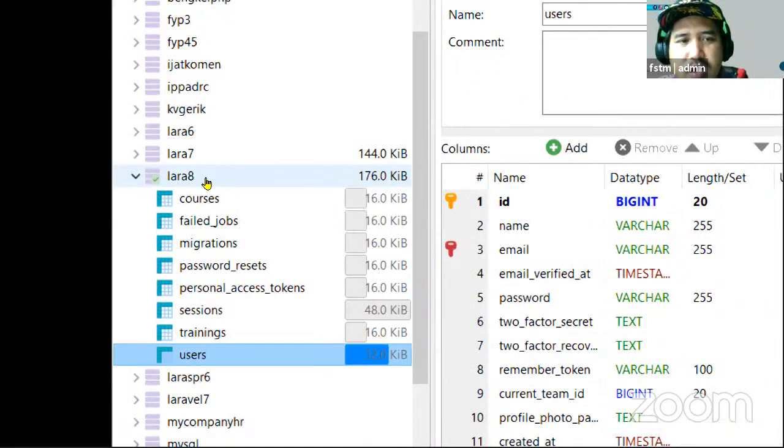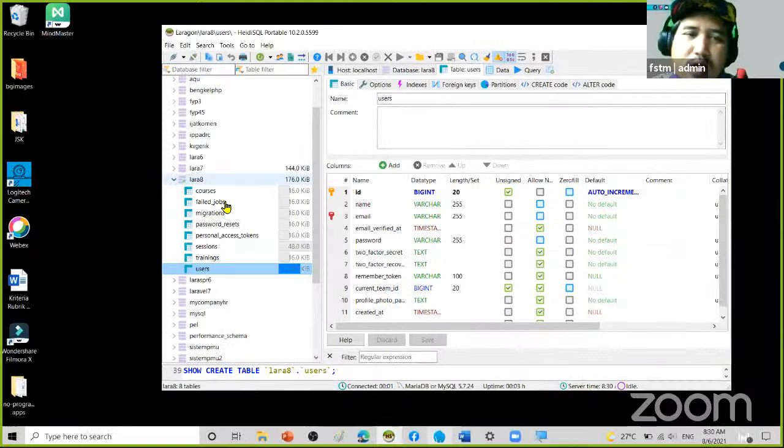Mine is on Laravel8, and I have several tables here that were created previously. If your system does not have any table at all, then it's okay, no problem. I will show you how to create a table inside your database. Okay. So before that,